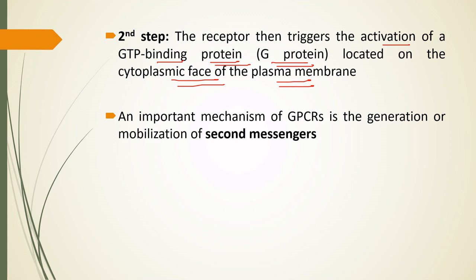Now, one of the most important mechanisms by which the G protein coupled receptors act is by the generation of the second messengers. And these second messengers form a pathway which is known as the signal transduction pathway. What happens in signal transduction pathway is that a signal, suppose it is reaching the receptor, is going to activate